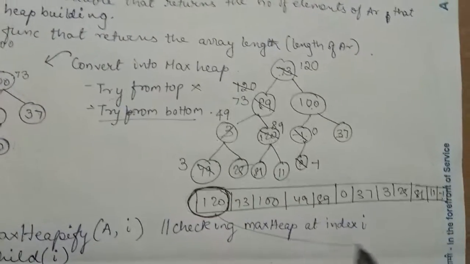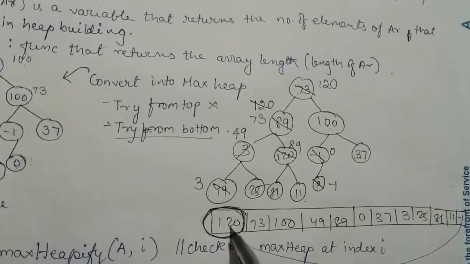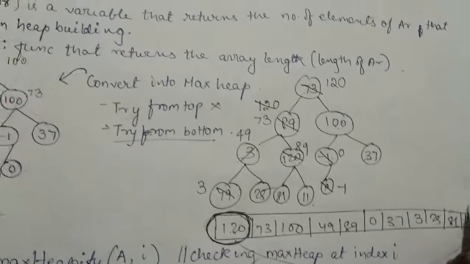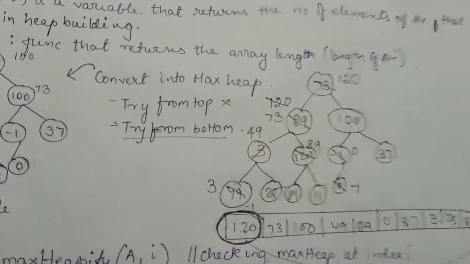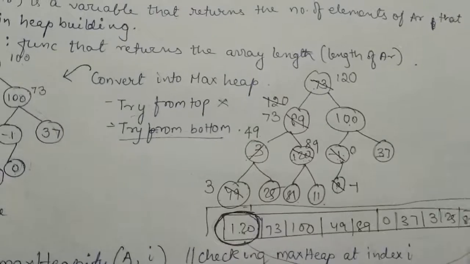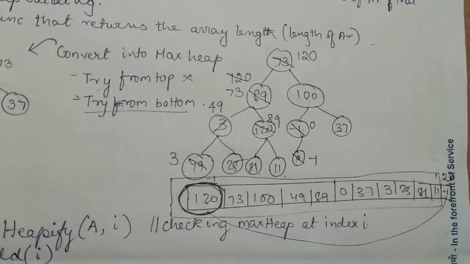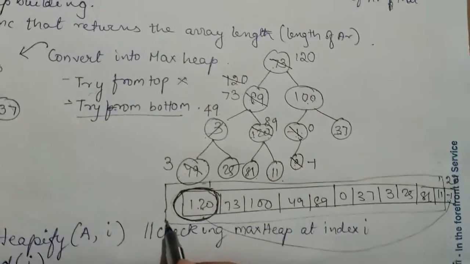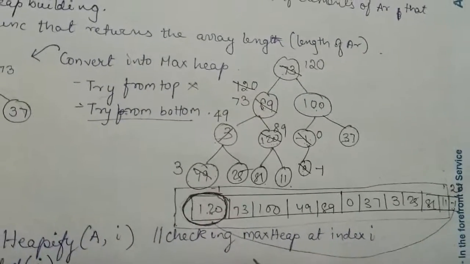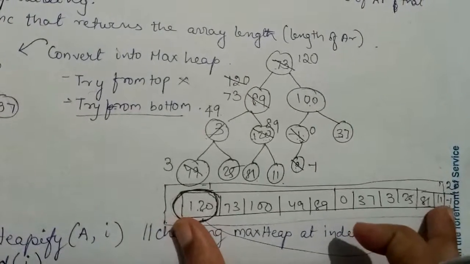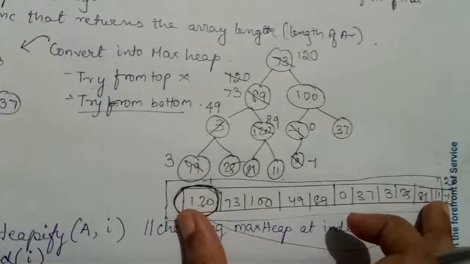We will swap it with the last element because its real position is at the last. Since it is the greatest element, we will swap it, make it 120, here minus 1. Then we will consider n minus 1 elements. Again we will do maxheapify so that we will get the maximum element amongst these, that is, we will get the second